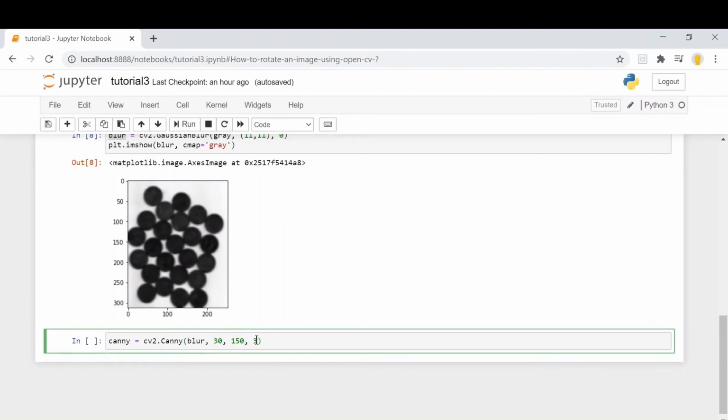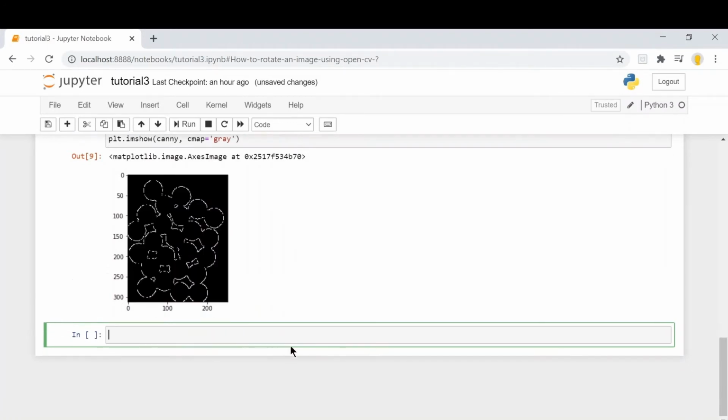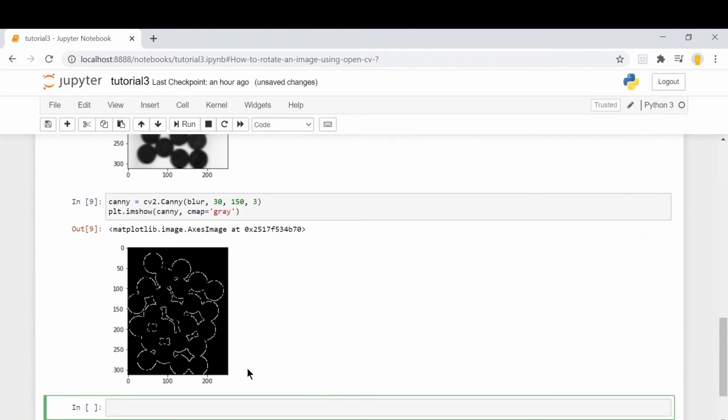The fourth parameter is the kernel size of the Sobel filter, which will be calculating the edge. 3 is the default value actually. Now we'll see what the output looks like. You can see we have successfully detected the edges.